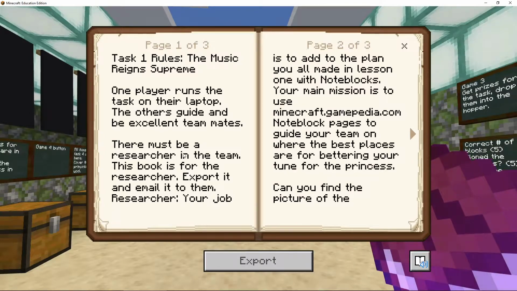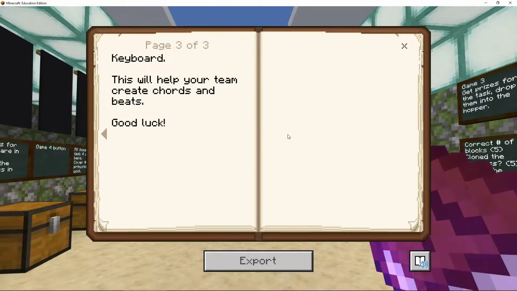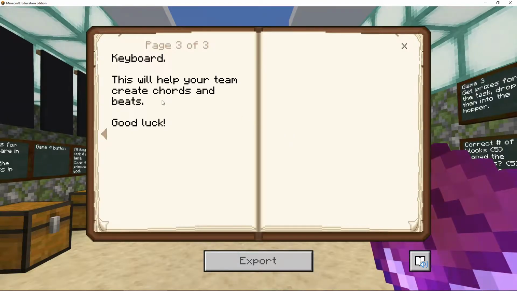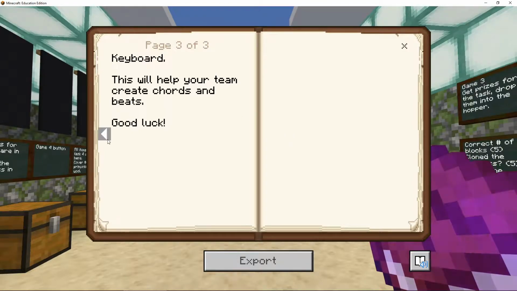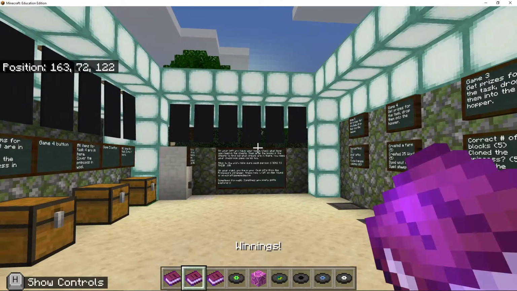There must be a researcher in the team. This is absolutely imperative because this person needs to go into Gamepedia and check out what the note blocks can do, because note blocks have a very set definition for how the sound's made and also the scales of the sound. So if they're going to put chords together, they need to know where the scales are and how they work. So when they go to the winnings